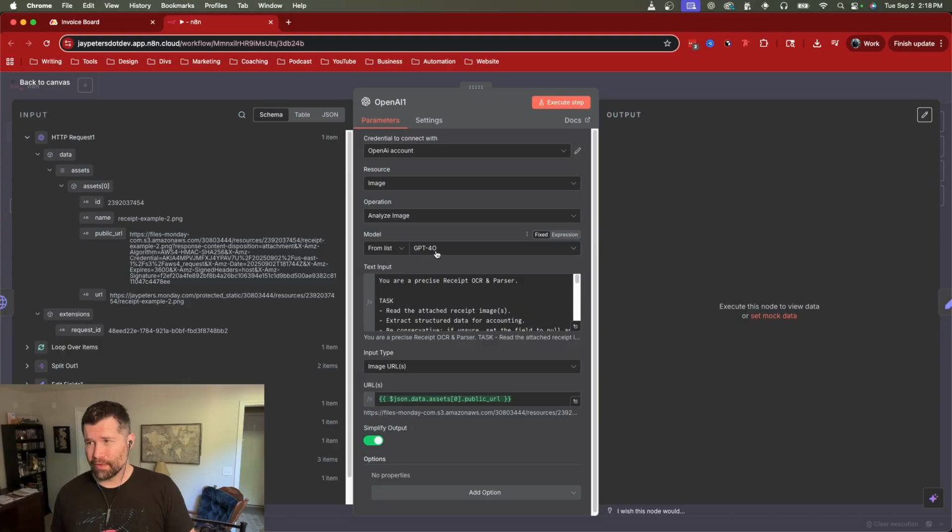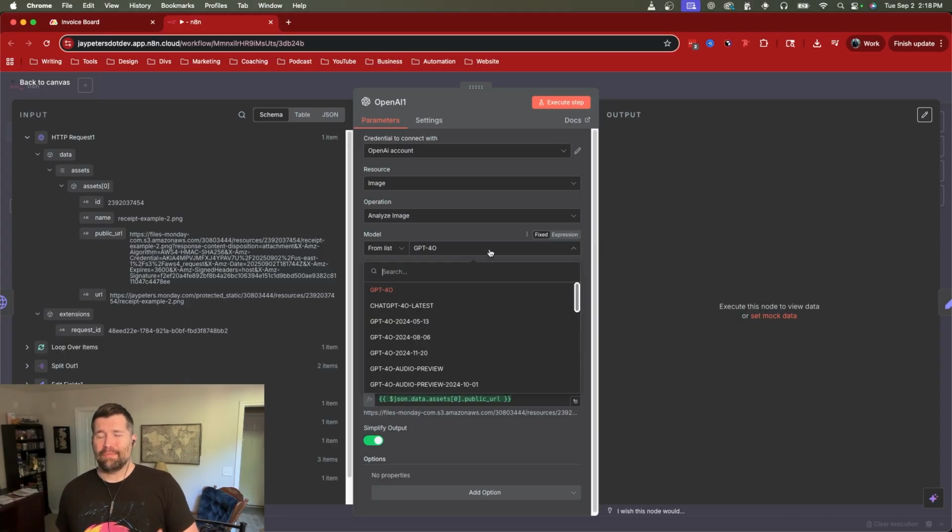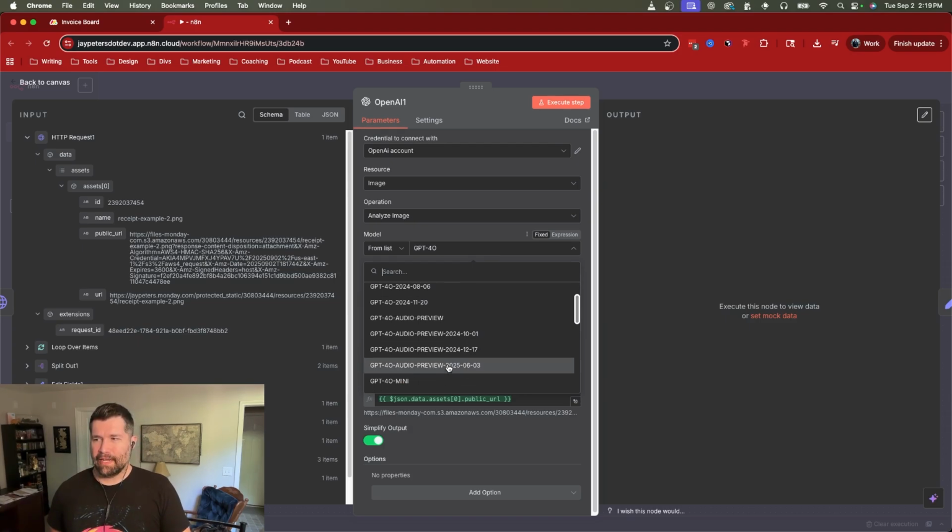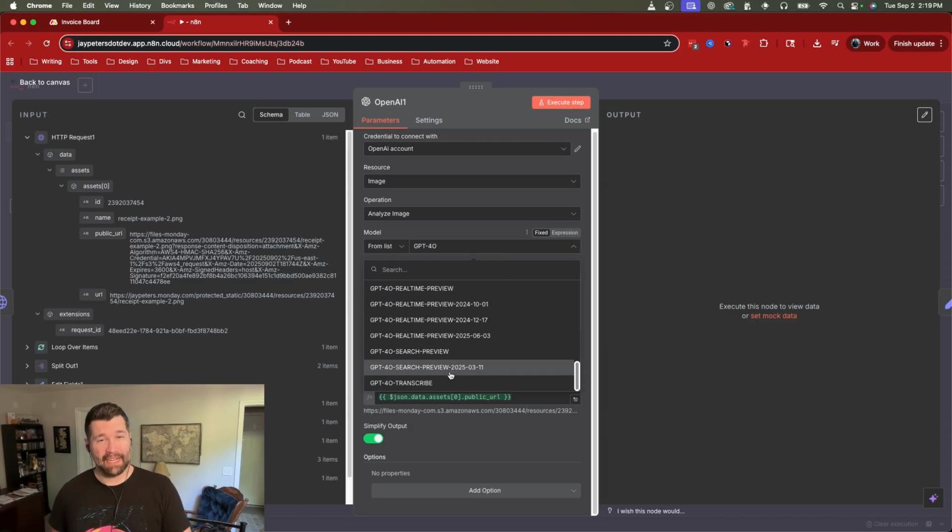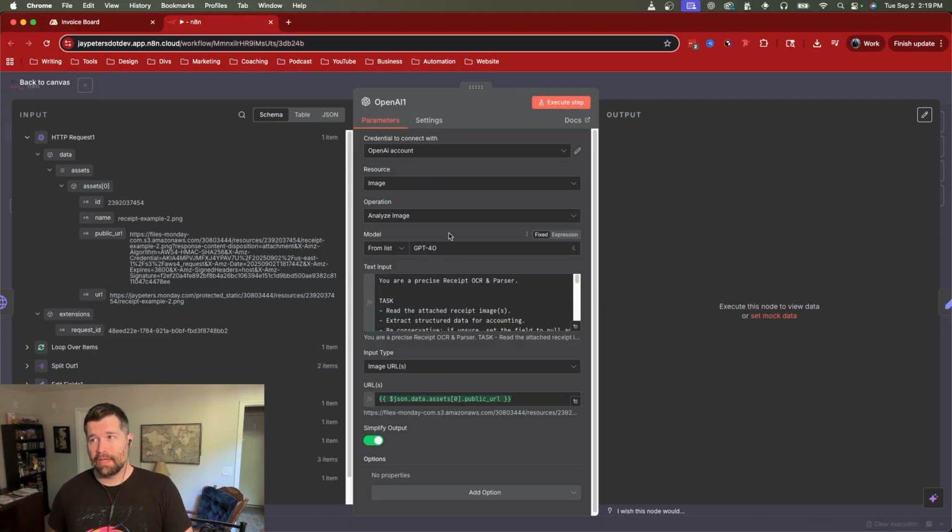So unfortunately, the list here is only for GPT 4.0. They haven't updated this. GPT 5 would probably be better, but they don't have that available in n8n to be able to select yet, at least for the image analysis. You could also do an HTTP request node and call the API directly if you wanted to use GPT 5 instead. I could probably do something about that later, but for now, GPT 4.0 should be fine. The image analysis is actually pretty solid. The only thing is that you may still get some flakiness with a JSON response versus a Markdown response, but